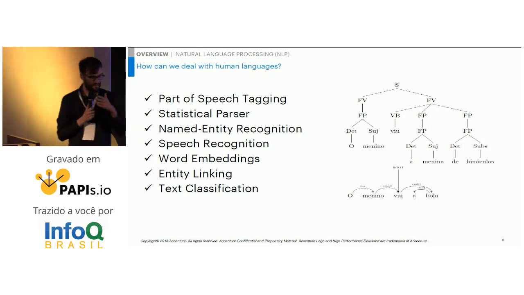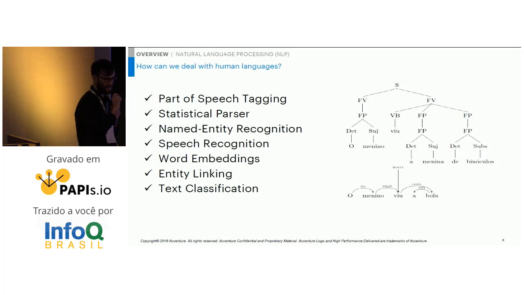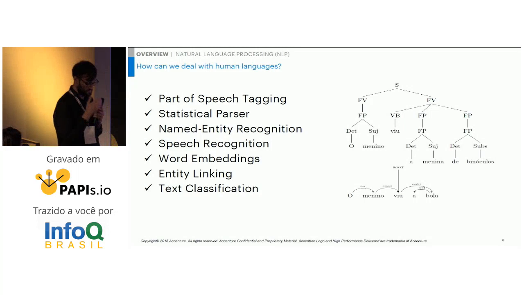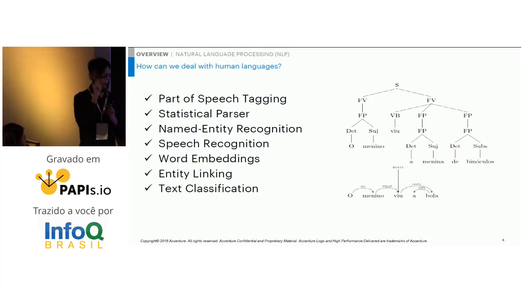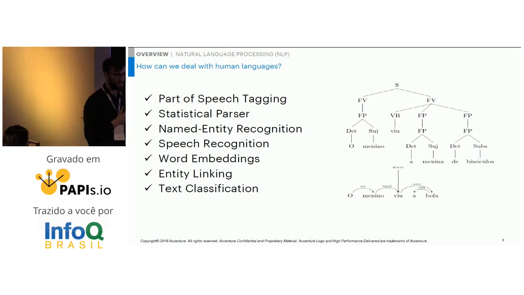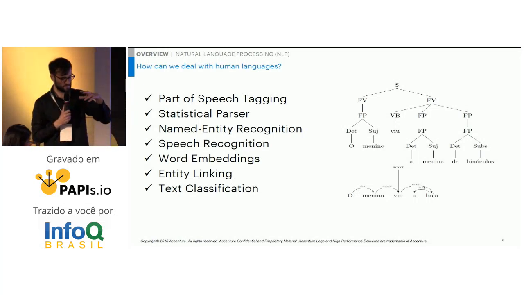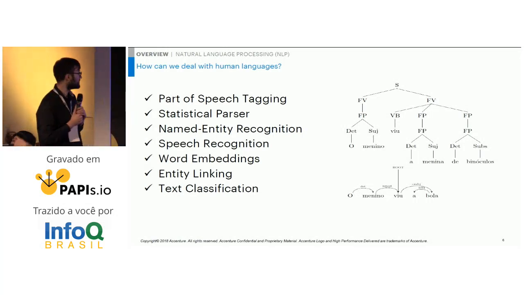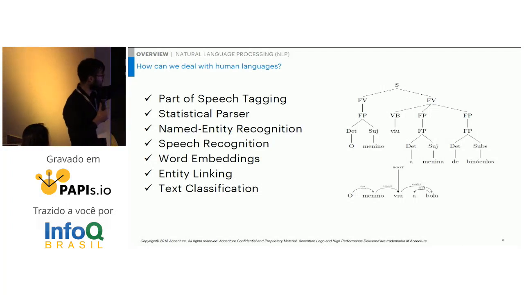So why not simply use a regex expression to extract all these things? Because of ambiguity and compositionality. I don't know if you notice, but regex is just a regular language. It's basically a directional graph, and you can't capture ambiguity, you can only capture dependence graphs. So the idea is to use a probabilistic model to capture and fix this ambiguity.